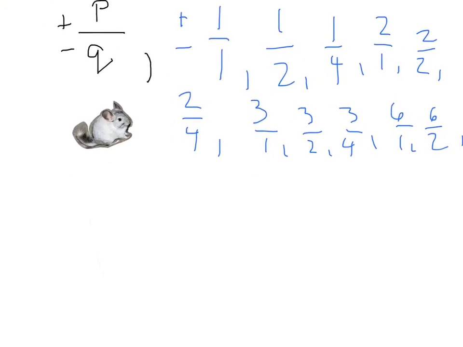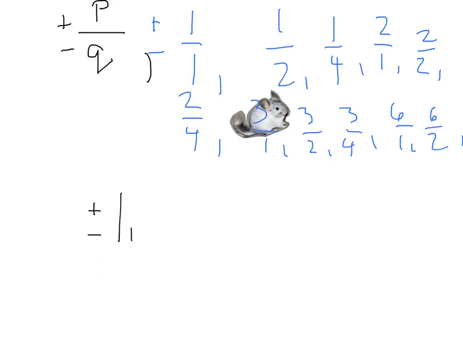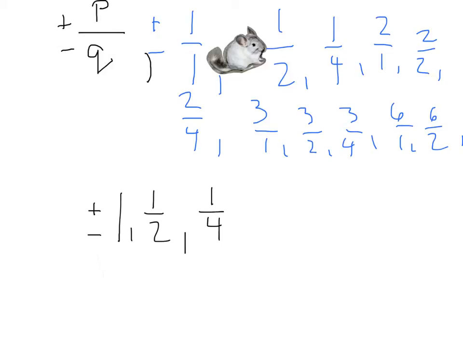So if I wanted to write this whole list out, I would have plus or minus, a positive and a negative. We've got 1, we've got 1/2, 1/4, 2. This 2 over 2 would be the same as 1, which we already have, so I don't need to rewrite that. So I said we had 1/4, 2,